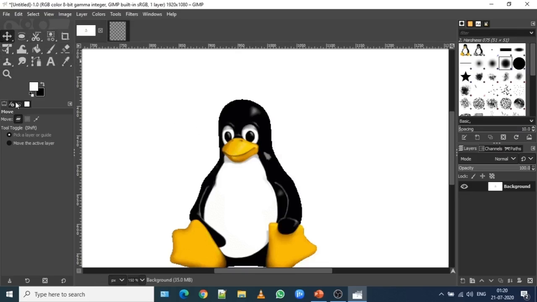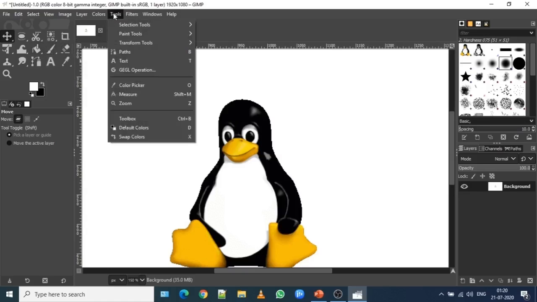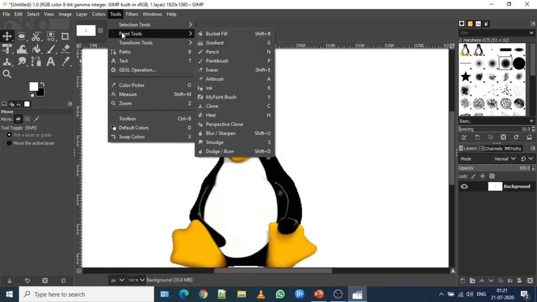Again, if you check this new toolbox, you will find the bucket tool over here. The shortcut of the bucket fill tool is Shift B. B stands for bucket fill tool. Or else, if you go to the tool menu, then click on paint tool, you will also find the bucket fill tool over here.